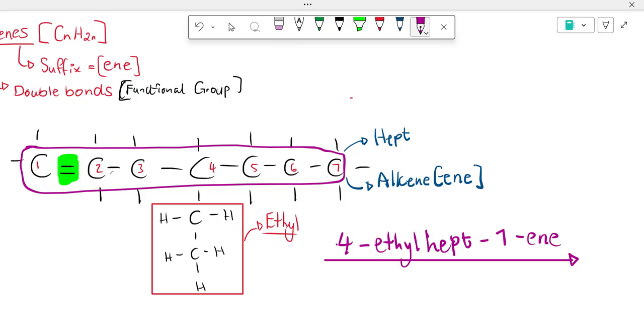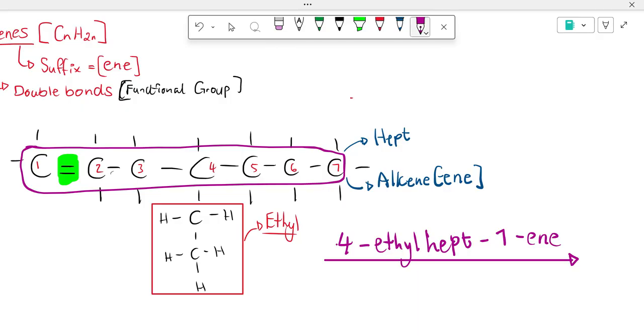I'm about to say something very important, ladies and gentlemen. Please journey with me. When you are naming organic compounds with double bonds, triple bonds, and other homologous series that we're going to be looking at, you must make sure to include the location of the functional group. Like in this case, it's on carbon number 1. I need to make sure that I include that location. Why? You include the location if and only if the double bond can be shifted around, or the double bond can be put on different carbons,